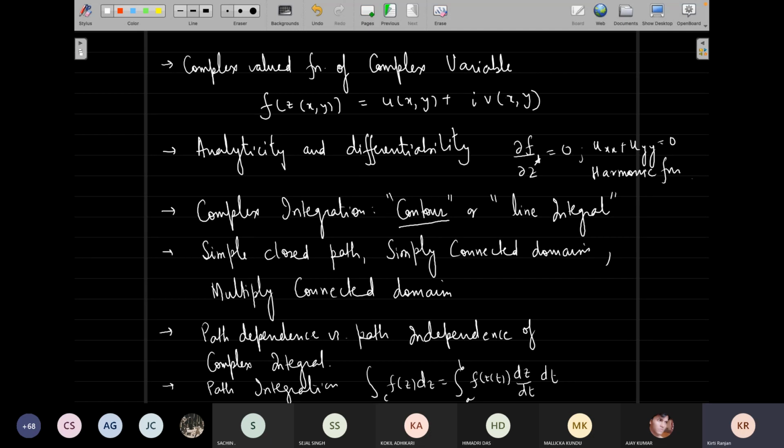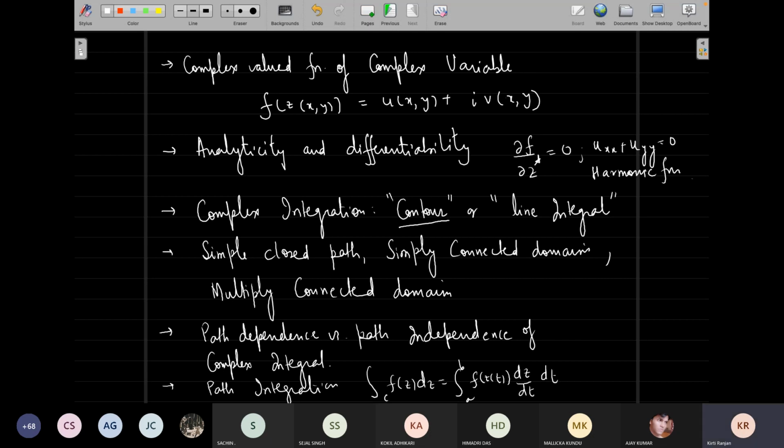In order to have an association with real integration, I will strongly advise you to go back and look at your vector integration, which you must have done. There you also defined your line integral. Have a look at that. It's very important. In some sense, you can have a connection between complex integration and line integration. There we had the sum of real components; here we have the sum of complex terms.